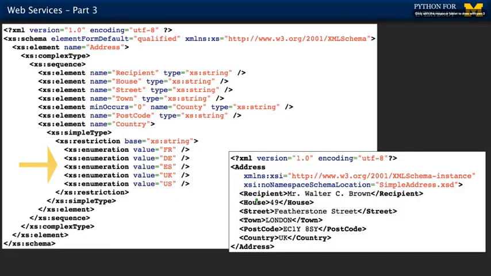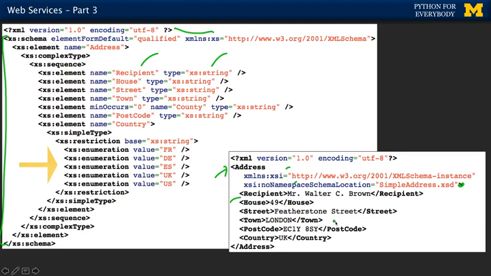Here are some more XSDs. Let's take a look at this one. Some of the documents have this little XML, which is really an indication that it's an XML document. And then we have the schema, which is the outer one. There's an address as the outer tag, and that tag goes all the way to here because these are just key value pairs. We have a recipient, which is a string, house, which I guess is a string, street, which is a string, and then we have